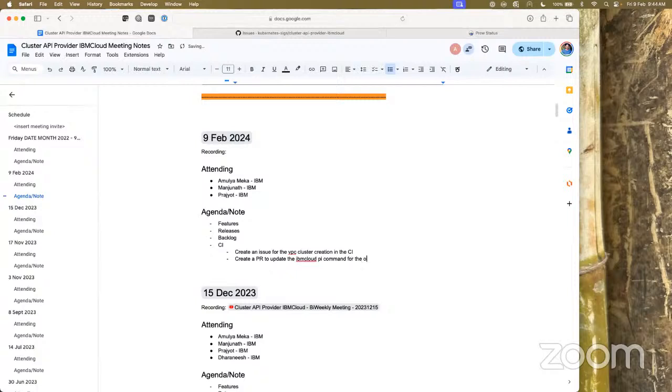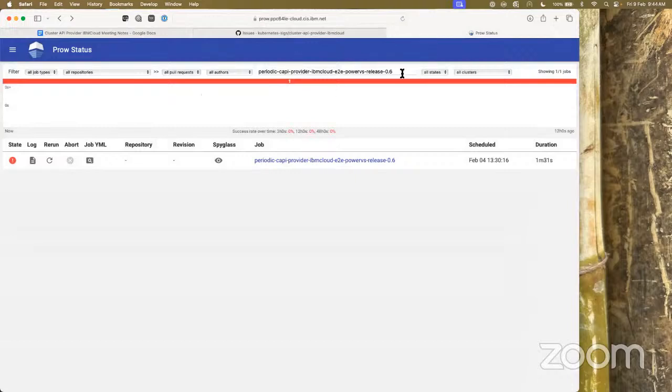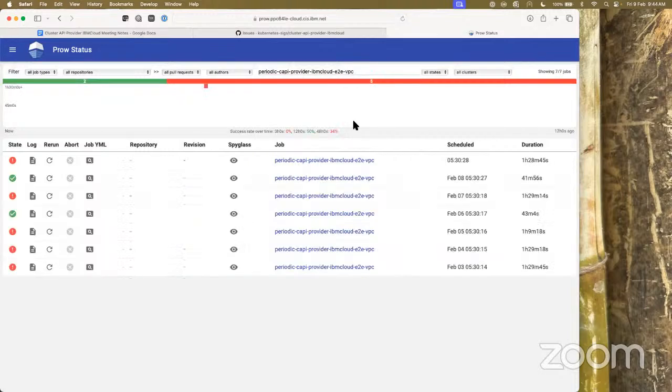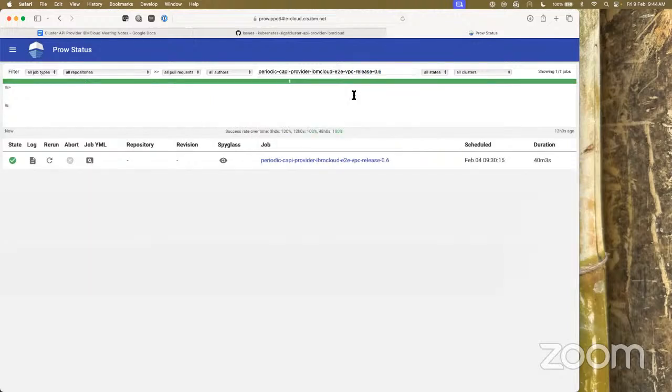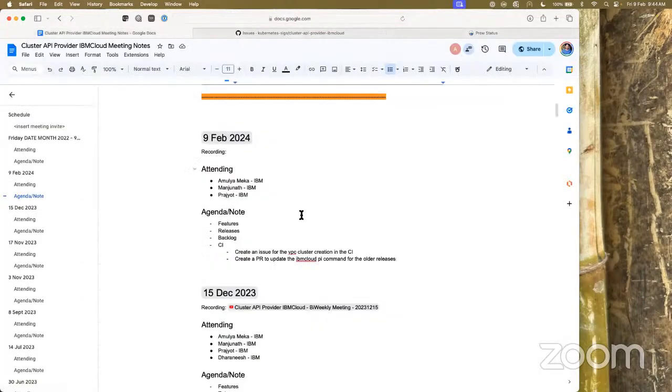I think this is where the tagging would also help, because even the older releases are just pulling the latest. Exactly, that's my point. It's failing here too because of the same reason. One minute. Okay, cool. Let's do that and then see how it goes.